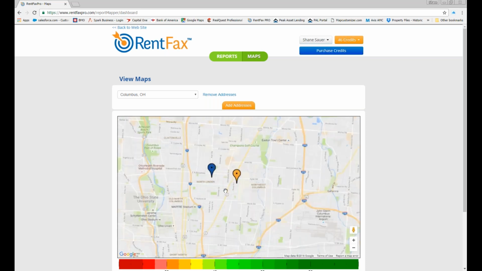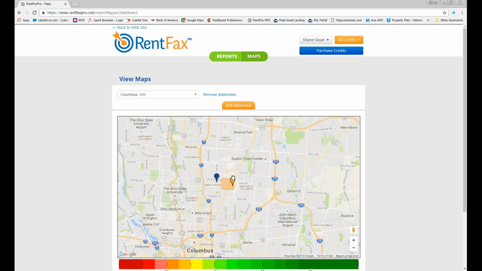If you have 10 properties that you're running and you run them all and you get all the reports, when you come to maps, it will have this heat map start to be built out. So yes, we do have maps, a highly effective way to use the risk score, because adjacent boundary neighborhoods influence